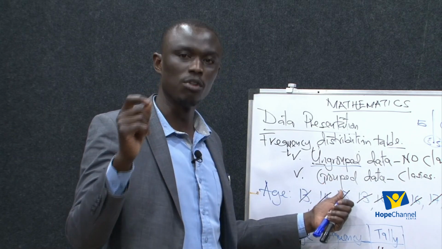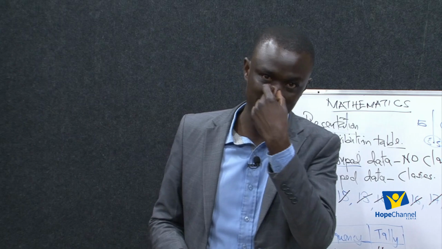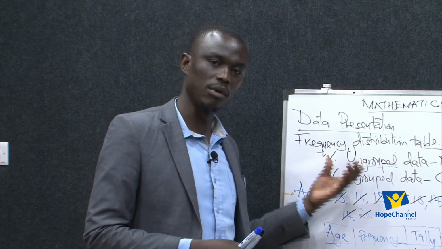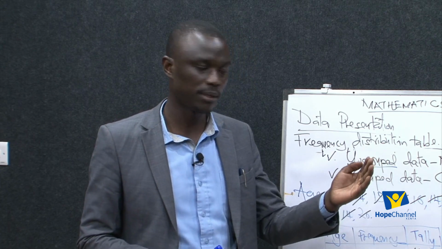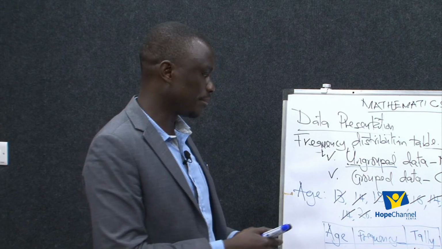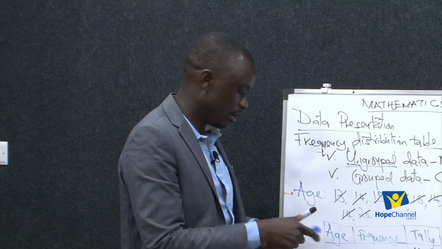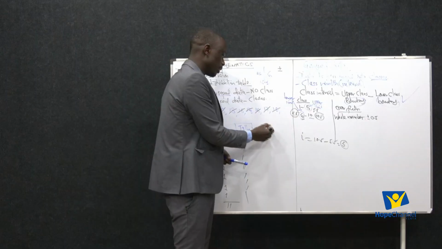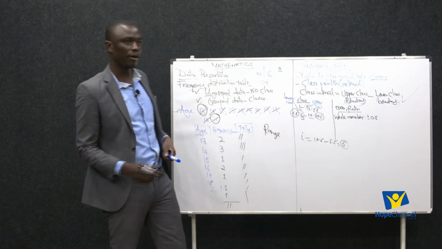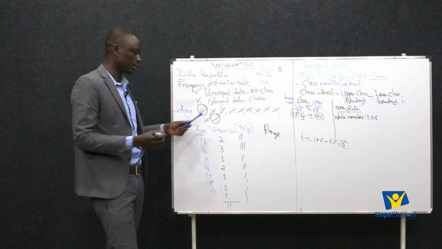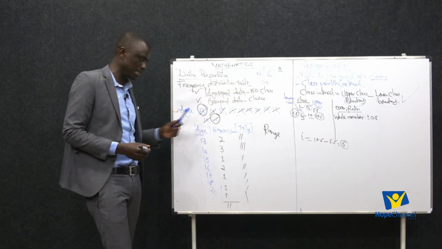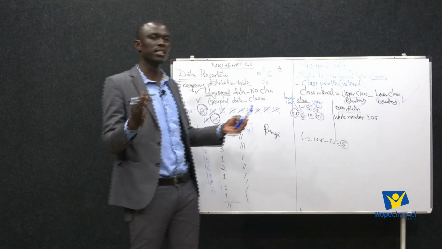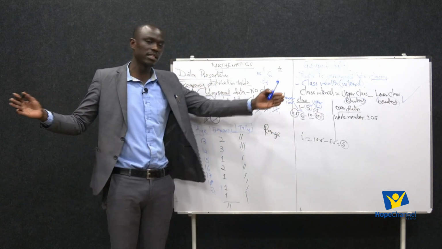So if it is grouped data, remember we have to come up with classes. In most scenarios, you will be required to start from the lowest, then you know the highest. So if I'm given data like this, the lowest in this case is 13, and the highest is 20, the first thing I will do is to find what is called the range, like 20 minus 13 will give me 7. So that 7 is the range. I'm going to be arguing with this range. Like this data is falling within a range of 7.